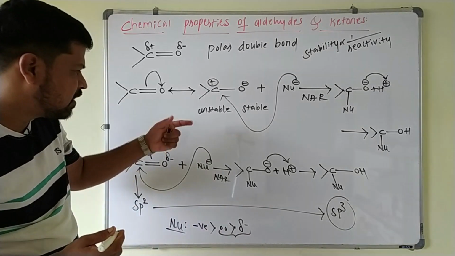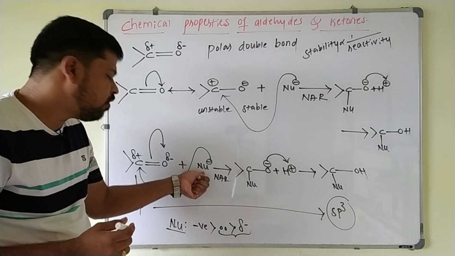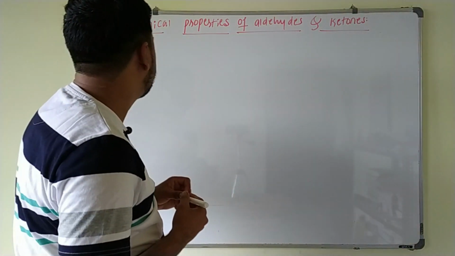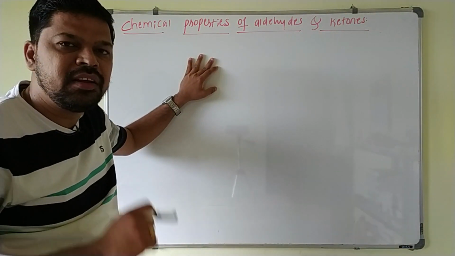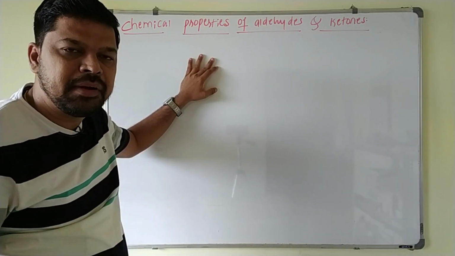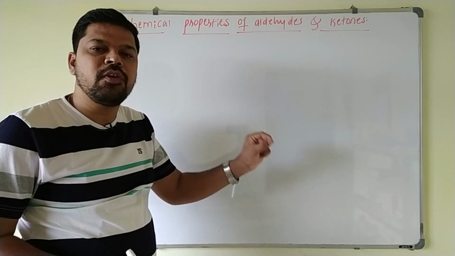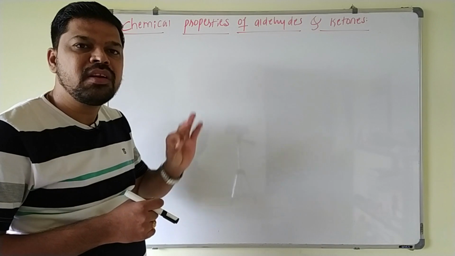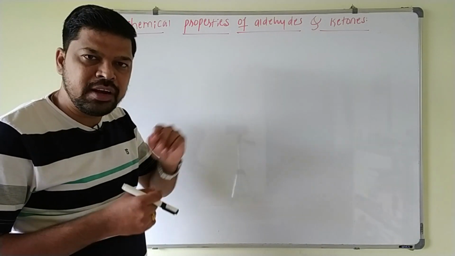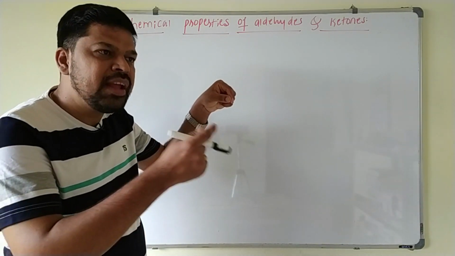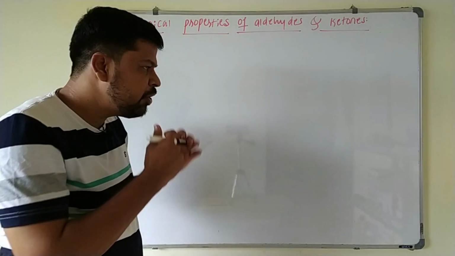Okay. Now we will discuss what happens if a weak nucleophile is present. If the nucleophile is weak, then the nucleophilic addition reaction takes place in a weakly acidic medium. Whenever a nucleophile is weak, acidic medium is preferred, because in the acidic medium the carbonyl oxygen gets protonated, thereby increasing the positive charge density on the carbonyl carbon, so that it can be easily attacked by the nucleophile.